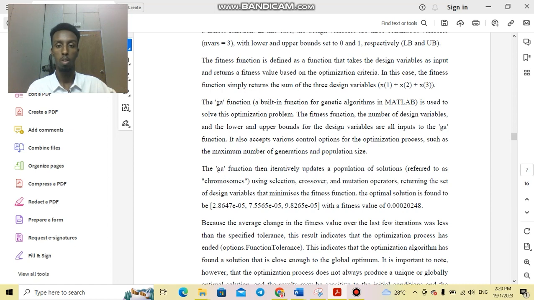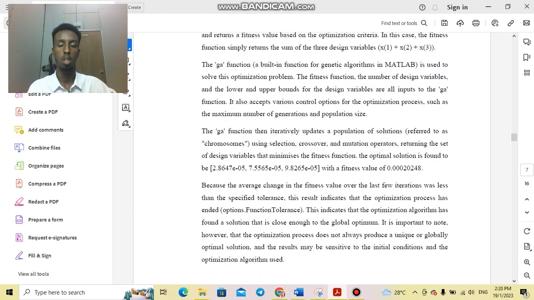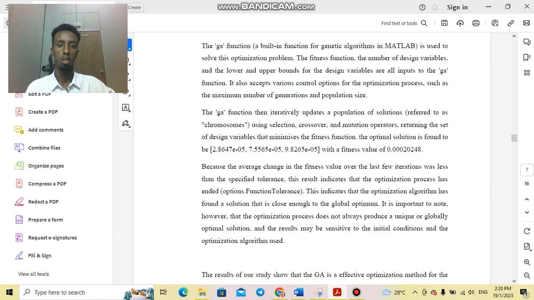It also accepts various control options for the optimization problem, such as the maximum number of generations and population size. So this is the GA function. It iteratively evolves a population of solutions, referred to as chromosomes, using selection, crossover, and mutation operators, returning the set of design variables that minimizes the fitness function. The optimal solution is found to be 2.8, 7.5, 9.8, and the width, and the fitness